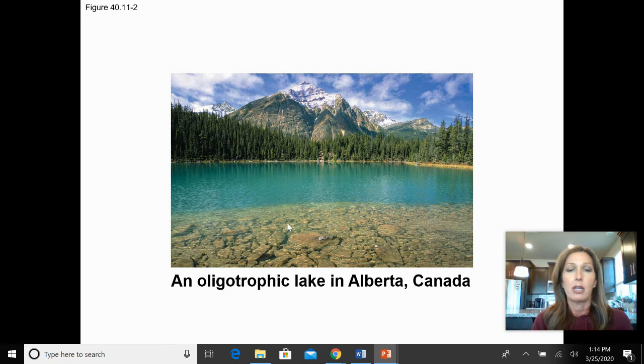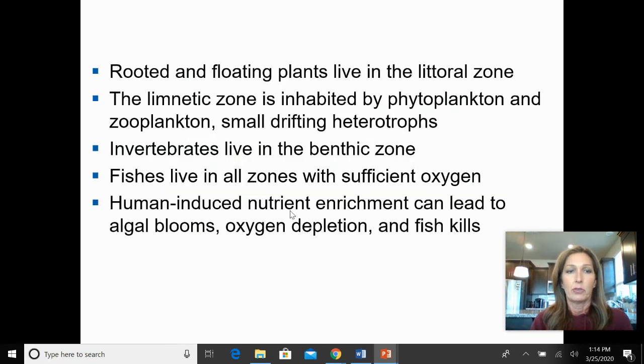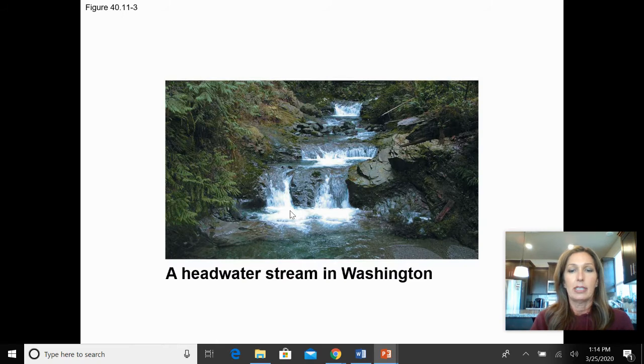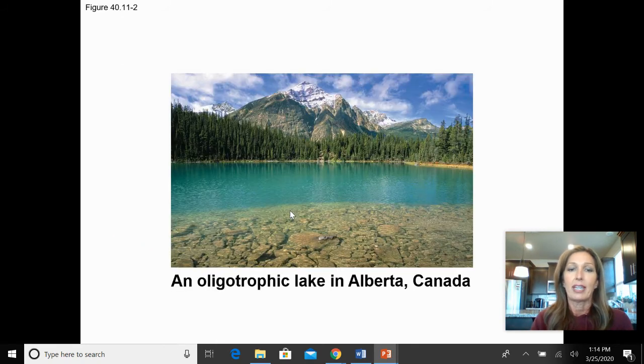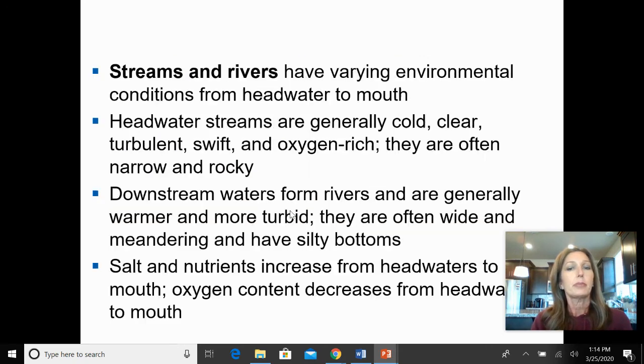If you've ever been up to Lake Tahoe, it's nice and clear and clean, high oxygen levels. I didn't have a picture of a eutrophic lake. If you've ever been over to Folsom Lake, that would be an example of a eutrophic lake. So obviously, if we talk about streams and rivers, then we're actually going to have